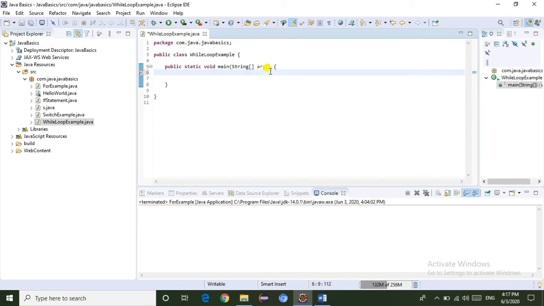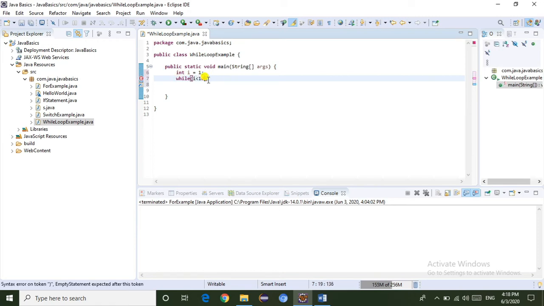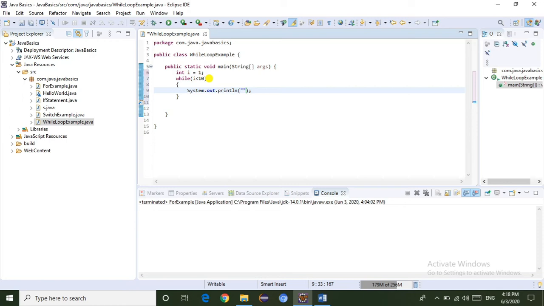I am going to write the code. First I am going to initialize i equal to 1. So this is nothing but an initialization. Here we are initializing i to 1. Next I am going to write a while loop: while i less than 10. Then I am going to write system.out.println Java basics.